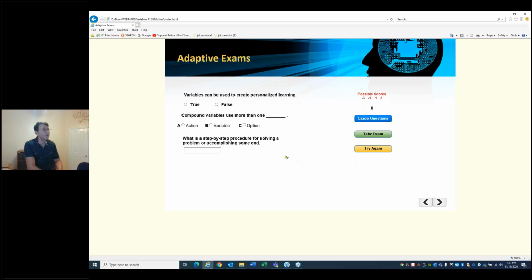So in this example, variables can be used to create personalized learning. We know that already, that's true. Okay. Compound variables use more than one action, variable, option. We know it's variable. What is a step-by-step procedure for solving a problem or accomplishing some end? Well, we just learned that.